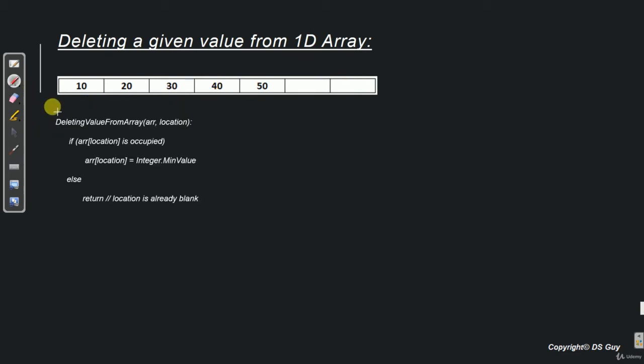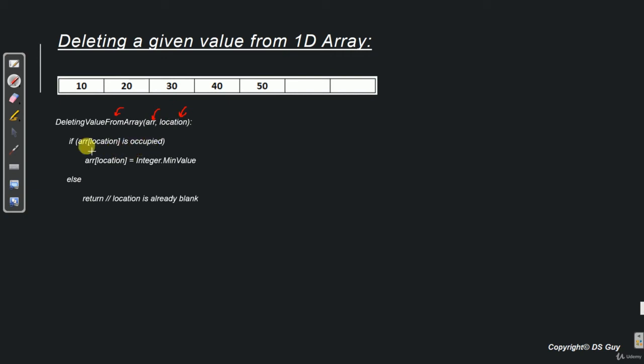So the algorithm, as we can see here, is extremely simple. The name of the method is deleting value from array. It takes as arguments the array and the location or the cell number from which data needs to be deleted.